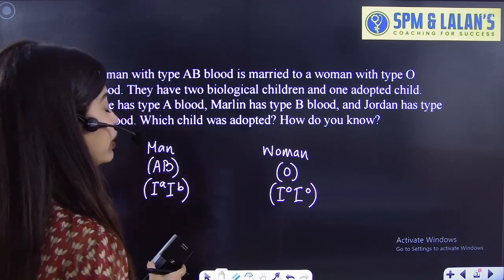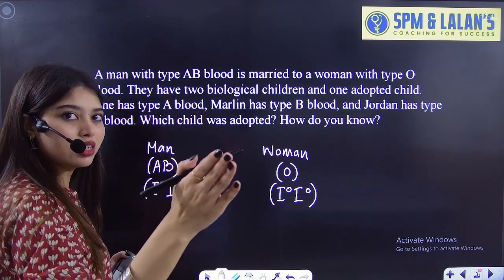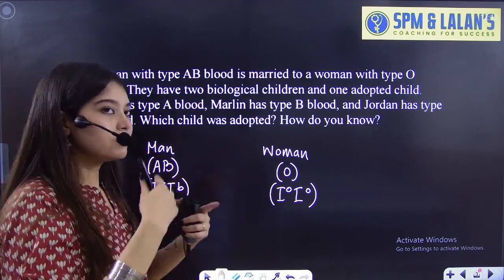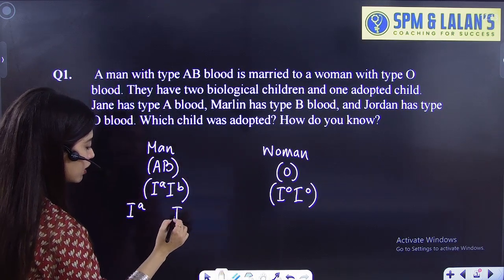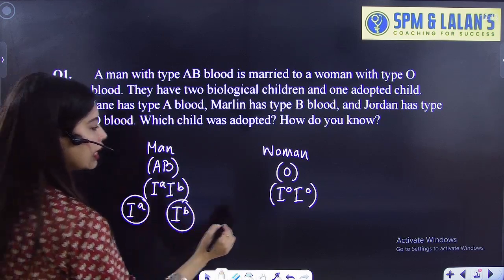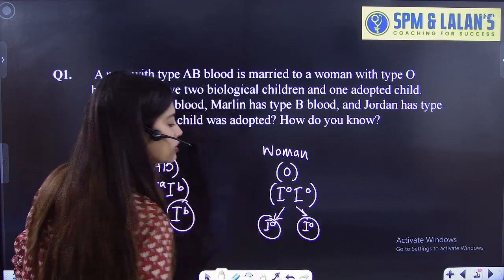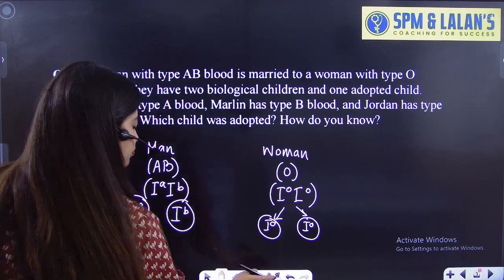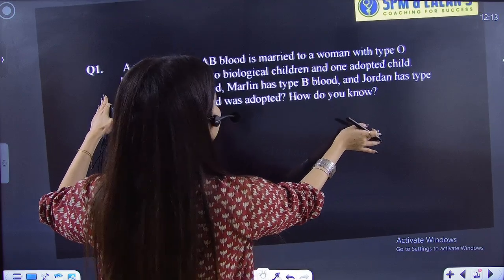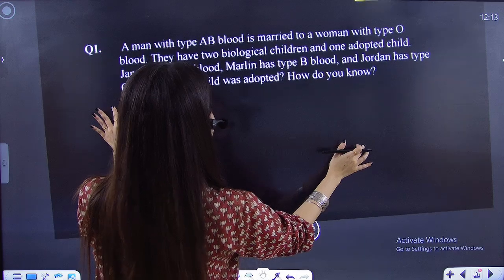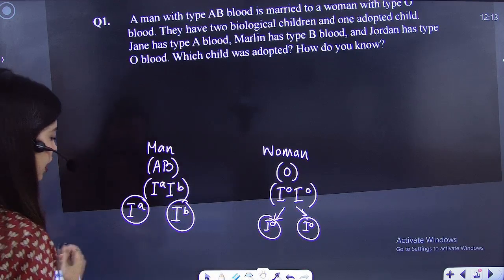Okay, now when we cross it, we will find there will be four different types of combinations. In the gametic form, one male gamete will have IA, the other will be IB. Similarly, all the eggs will have nothing but IO because the woman is a homozygote, right? Now, if we look into the question more carefully, we'll notice that when we cross it, we'll see that